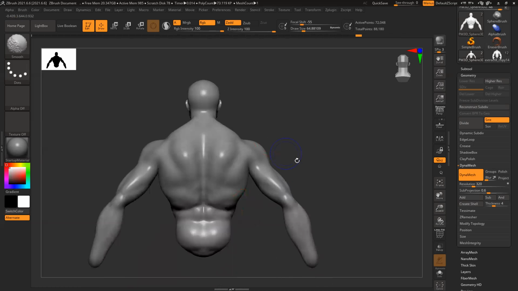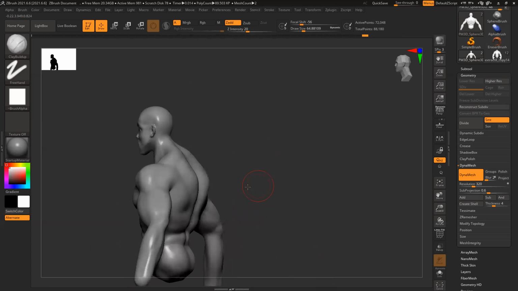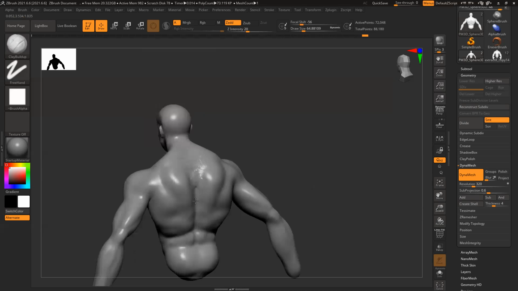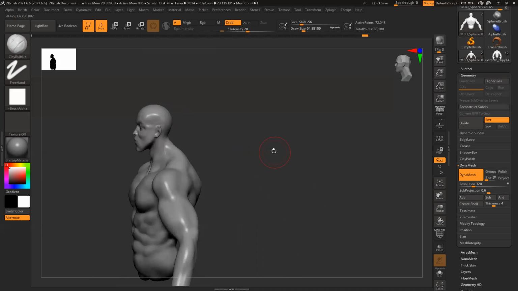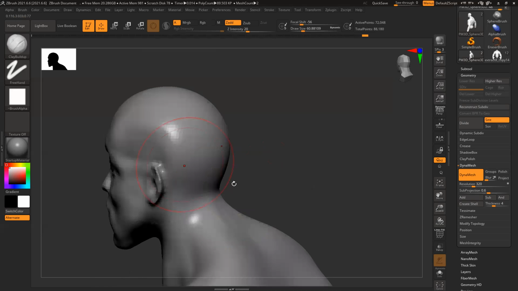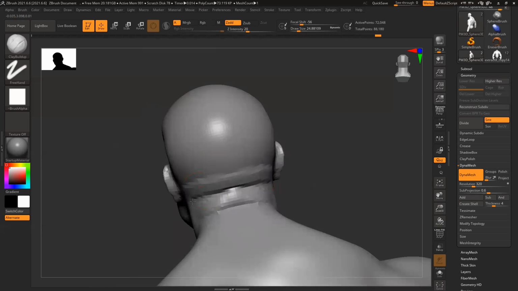Just adding those slight volumes. I am not defining anything. I'm simply adding a little volume and checking from all the angles if it looks nice, clean or correct. Once I feel everything is correct, I'll start defining. So before that, no definitions. Just add volumes and try to make everything accurate volume wise, because getting the volume correct is the most important thing. Detailing is the easiest part.